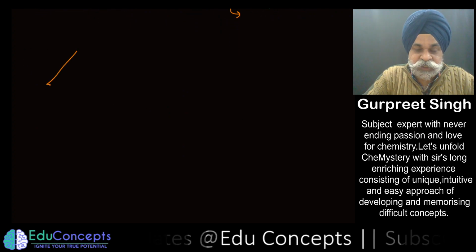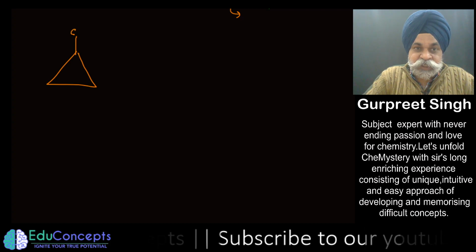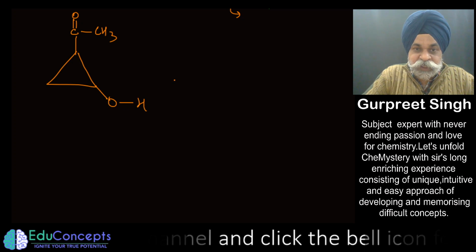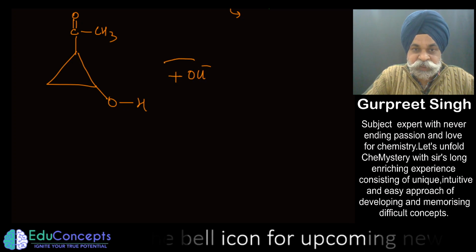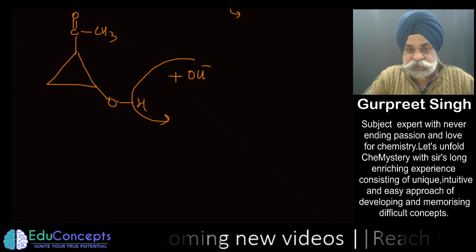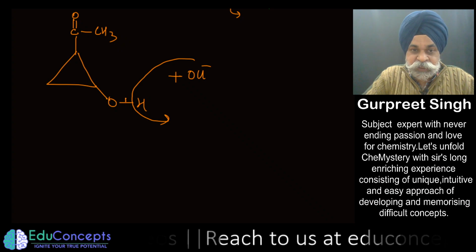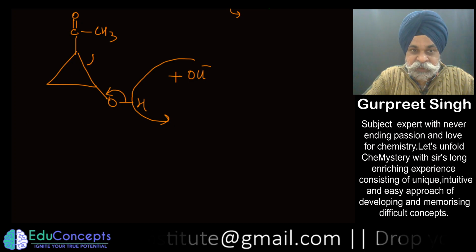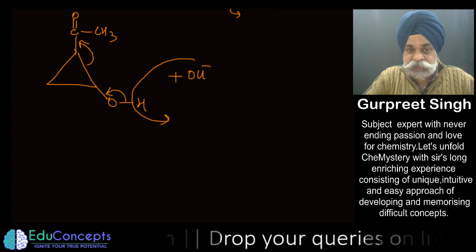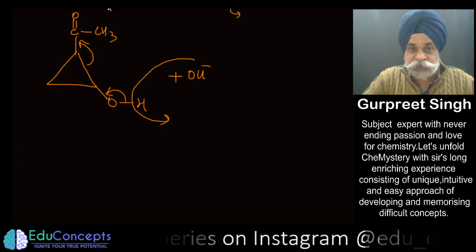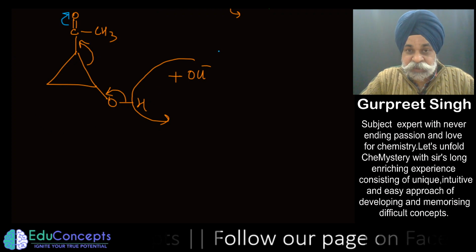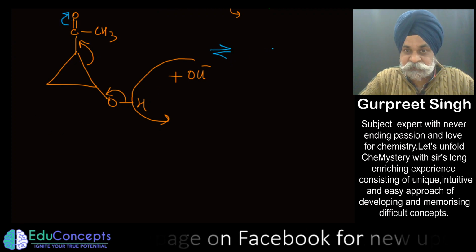Now let us go on to the other domain. What else can you think of? The other thing you can think of is this. If OH negative snatches out this H positive, and this goes here, I can take this one here, because this is a three membered ring which wants to open up, as it is not very stable, and this can go this way. Now this seems more logical in a way.